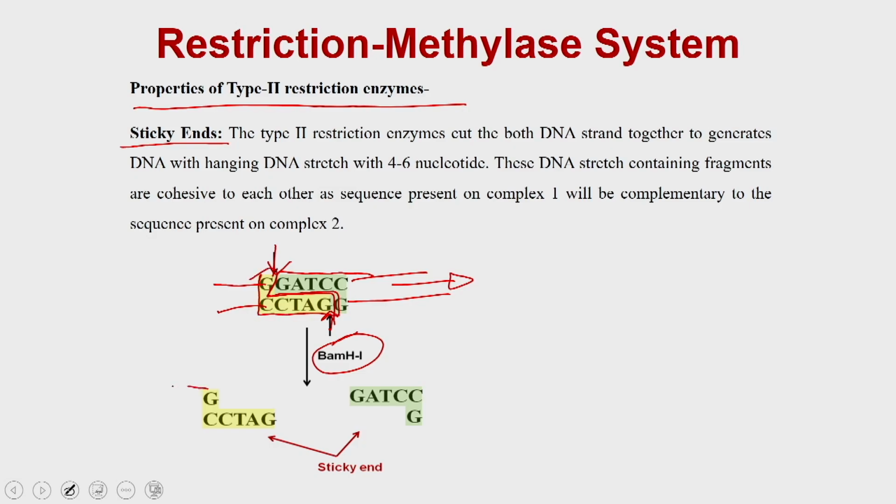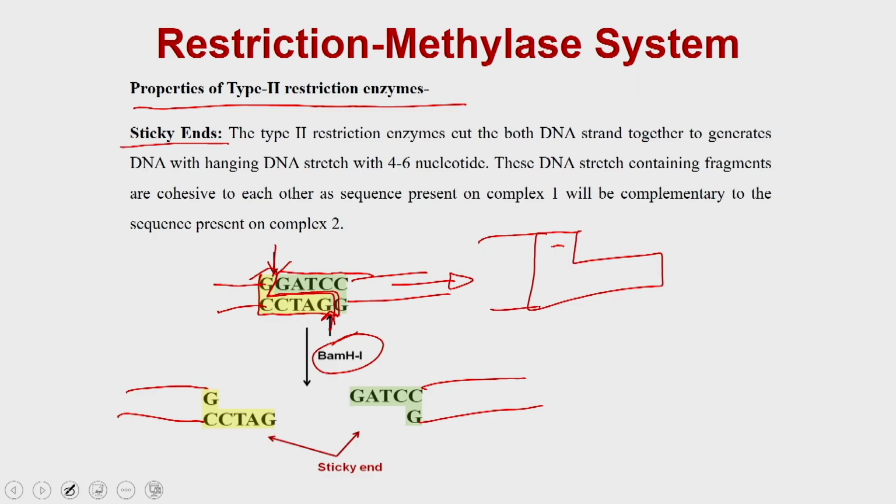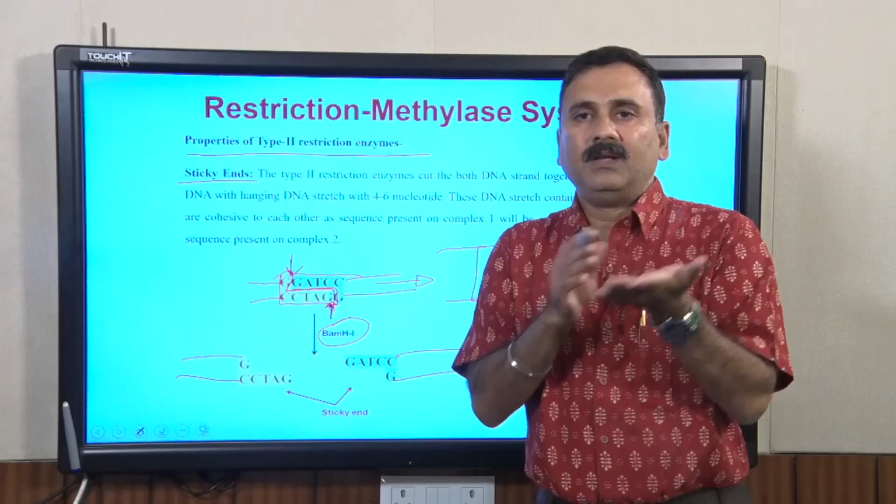So, that is how you will see the DNA you are going to have: a DNA like this on one side, and on the other side a DNA like this, which means you are actually generating the cohesive ends,